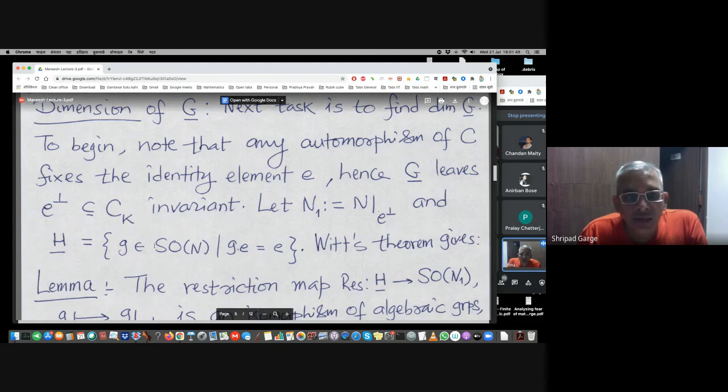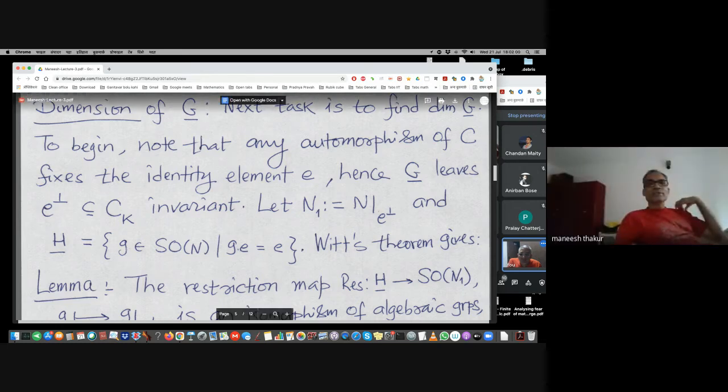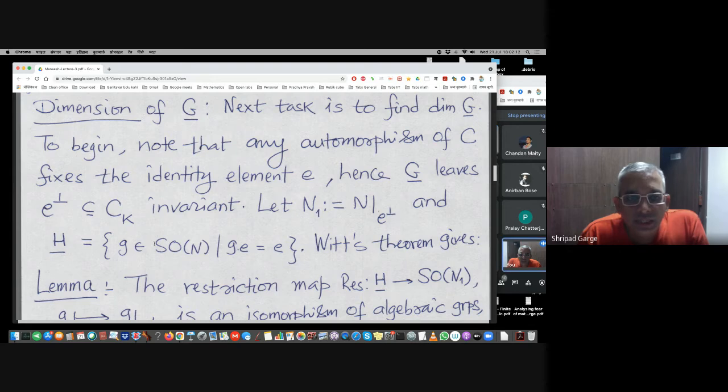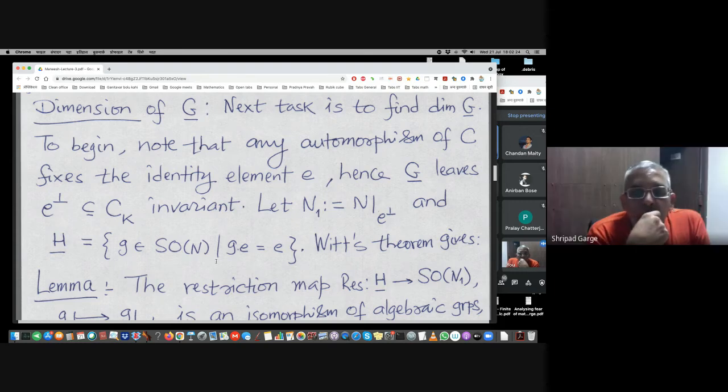So we are taking all elements in SON. How do we have this action G dot E equal to E? I'm looking at the norm form of the octonion. So in that SO, you are looking at the stabilizer of the identity element. So G bar is sitting here in SON. Not G bar, you are looking at SON itself, and in that, you are looking at those elements which fix the identity element. So G will act on the whole composition algebra C, as a vector space, and we are looking at the stabilizer of the identity element.